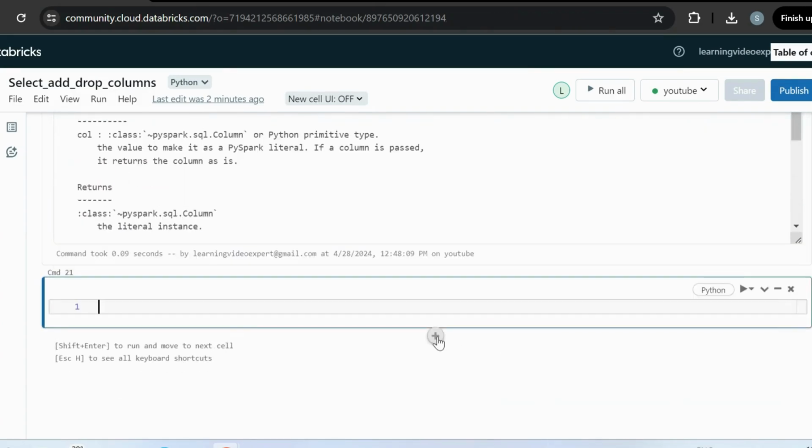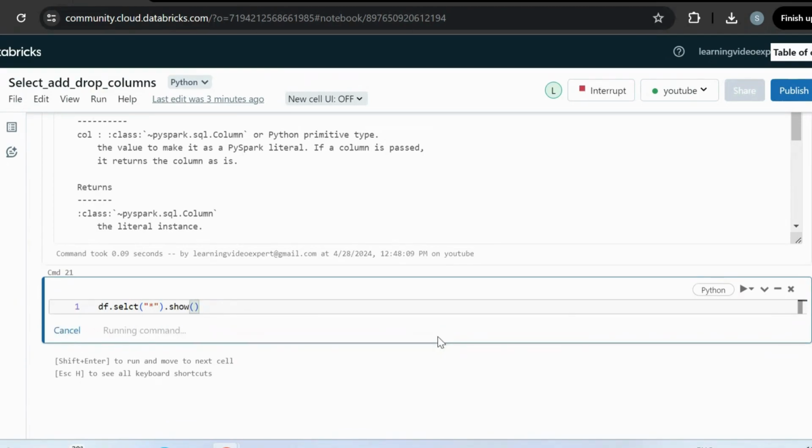Now, let's say I don't want to add a column using the withColumn method. I can use my literal function itself to add a new column, because I just want to add a particular entry into my column. So let me go to df.select. To select all your columns, that is select star. If you don't know how to select your columns, watch my previous video. I have explained it there, and I will pin it in the I button as well.